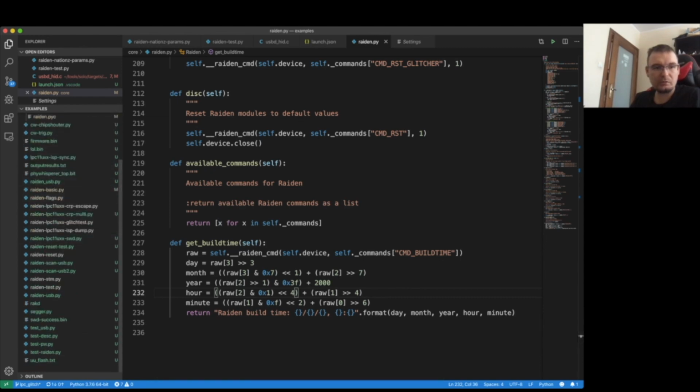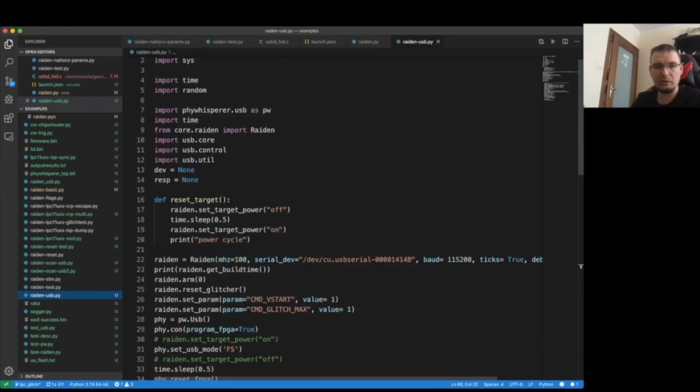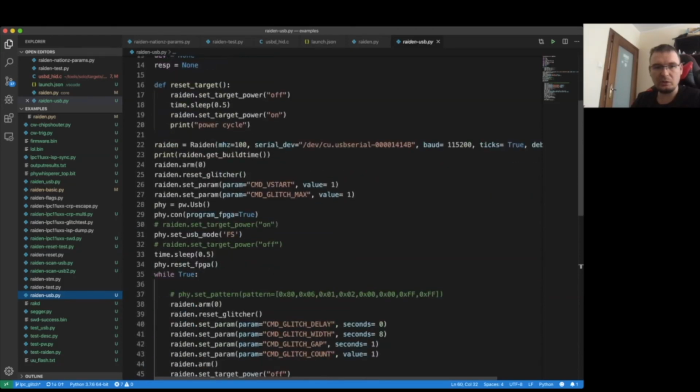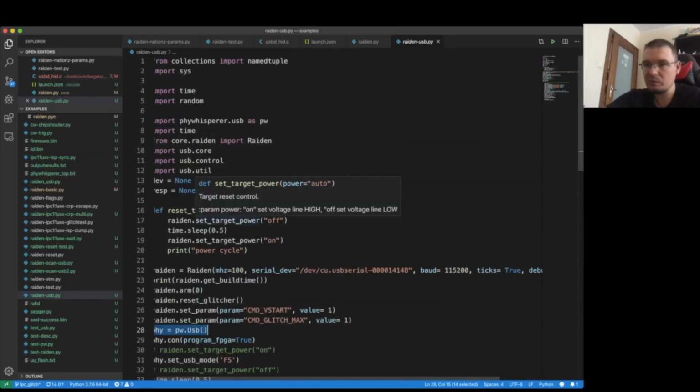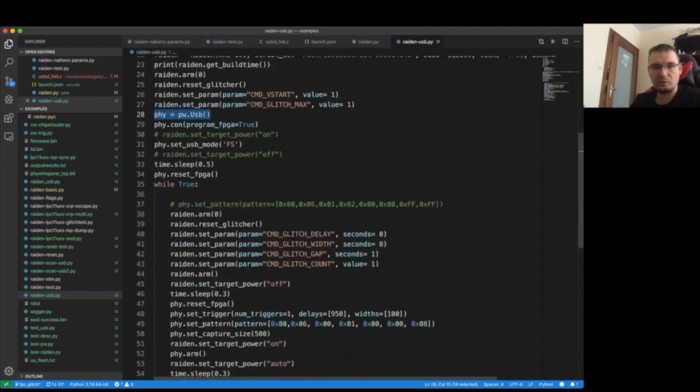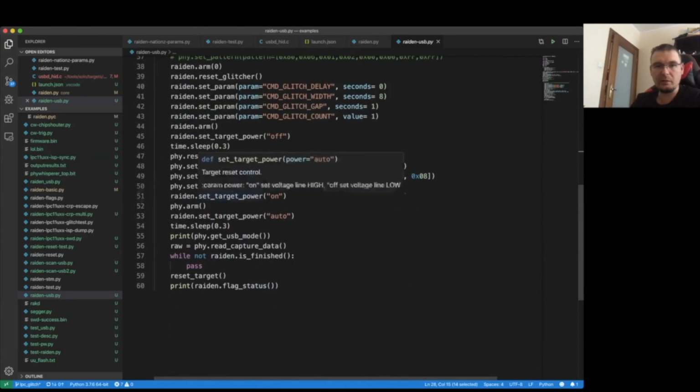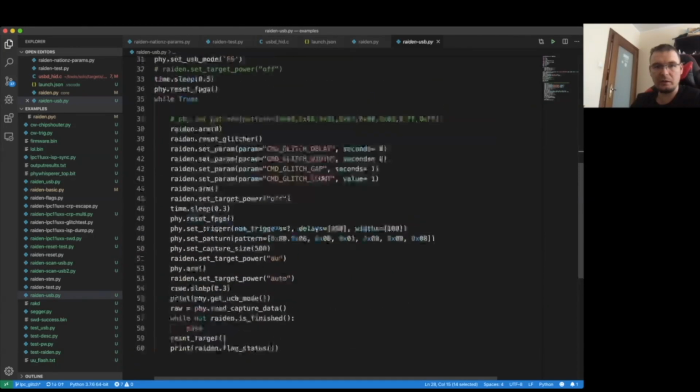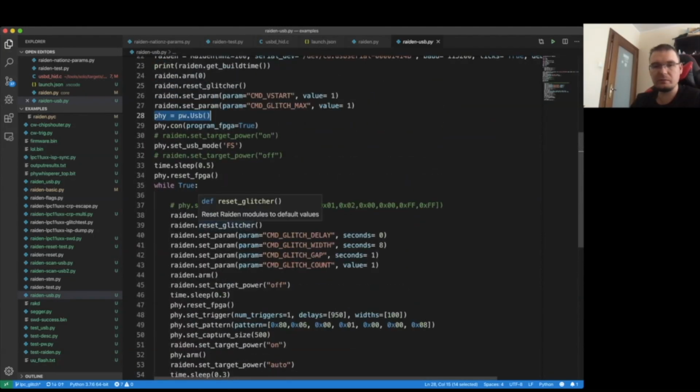Here we have a bunch of examples for different applications we use Raiden for. An interesting one is with the USB, and this actually uses the ChipWhisperer. Here I have it. It's a new hardware USB trigger, and it actually works perfectly with a Raiden. And enabling the Raiden itself is